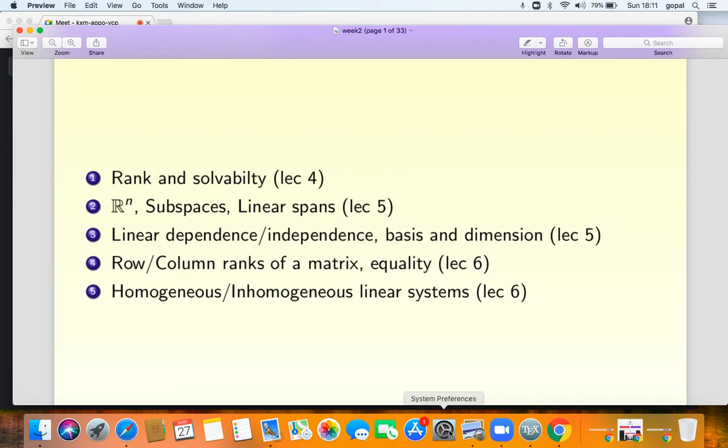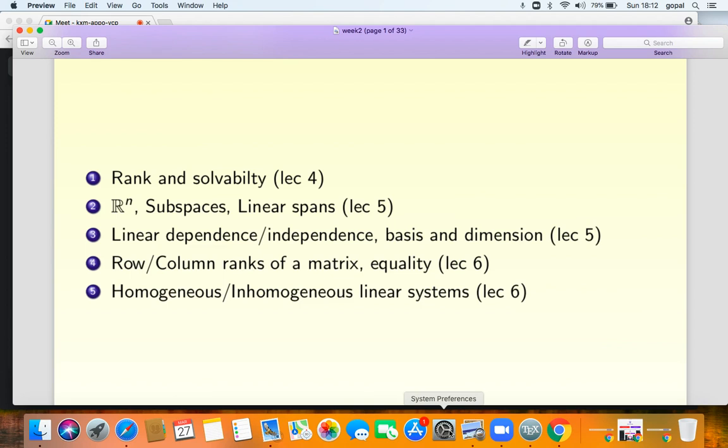So we have defined vector subspaces of Rn. We have defined the notion of linear span. We have defined the notion of linear independence, linear dependence, and we have proved a very important lemma called the fundamental lemma, which enables us to prove that every vector subspace of Rn has a basis, and that any two bases have the same cardinality, and that's the dimension. We also use the fundamental lemma to prove that for a matrix, the row rank and the column rank are